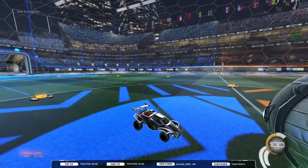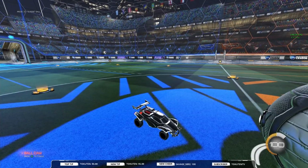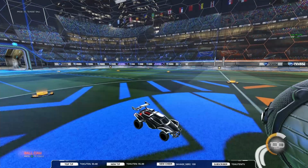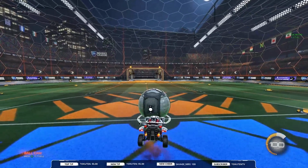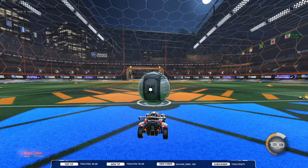So basically what happens is you see your windshield. I like to keep it a little bit below my windshield, on my hood, and I like to keep it on the right side of my car since I use left air roll. You'll understand why in a second when I show you what a breezy should look like. But if you use right air roll, just do the opposite. Keep it on the top left of your car. And once you do that,